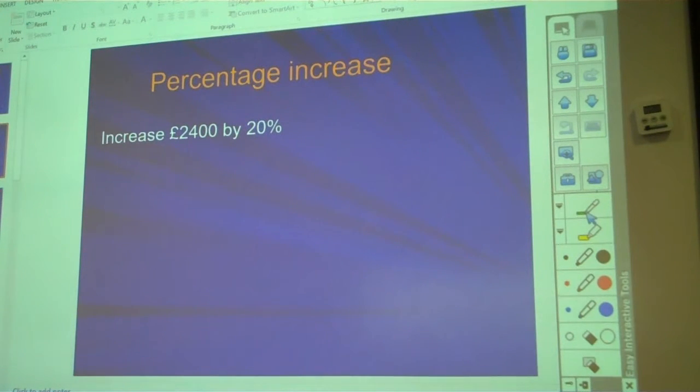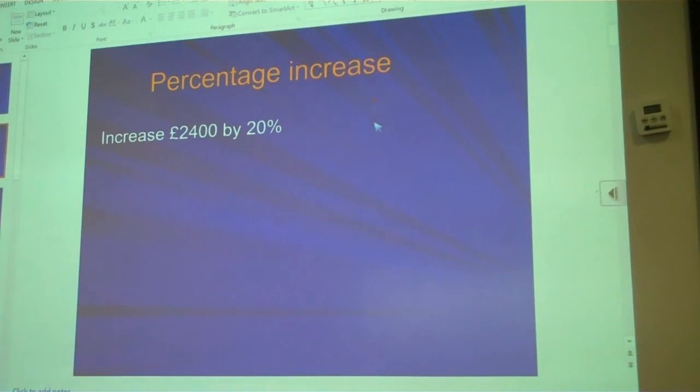Will that be my multiplier? So if I'm increasing by 20%, my new percentage would be 120%. So therefore my multiplier would be 1.2. So the working out for this sum would be 1.2 multiplied by 2,400, which is